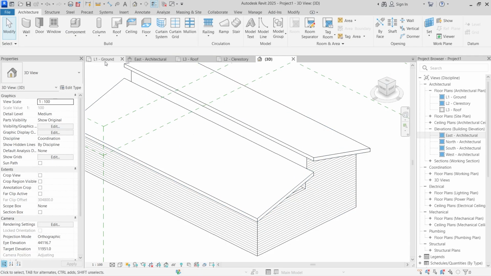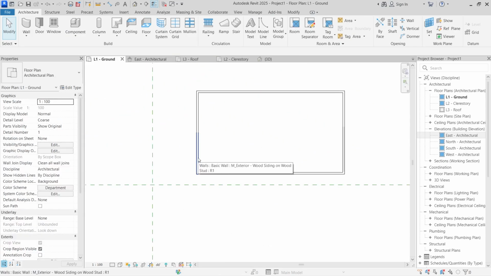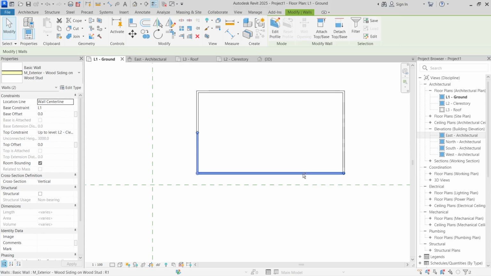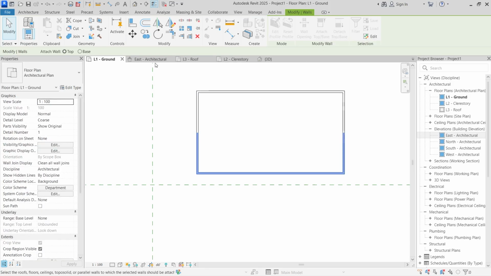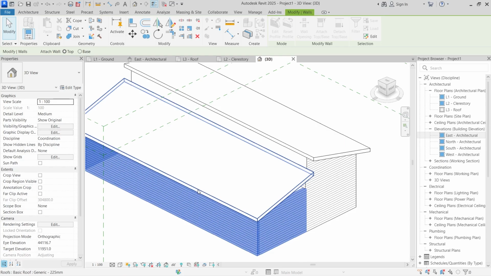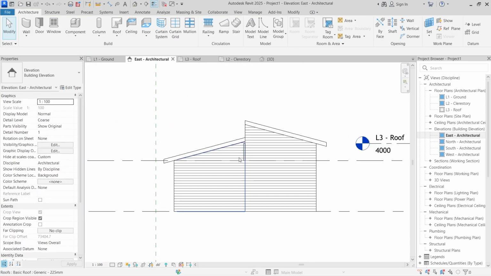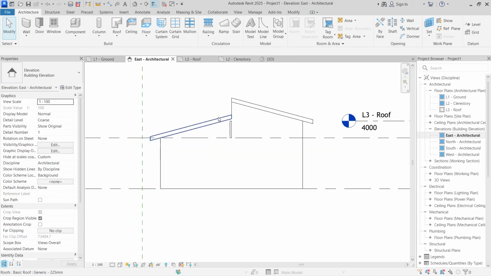So the last thing we're going to do is to go to the ground floor and select the walls that are supposed to join to the other side of the roof. So you can select this one, select this, hold on to your Ctrl key and select this one and the last one here. So now that these three are all selected, we can go ahead and do the same thing. Attach top to base and then select the roof on this other side, and it's going to connect it to that side. So if you go to the east elevation now, we can see that we have our clerestory roof